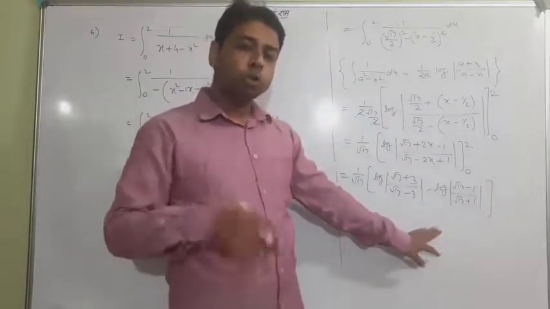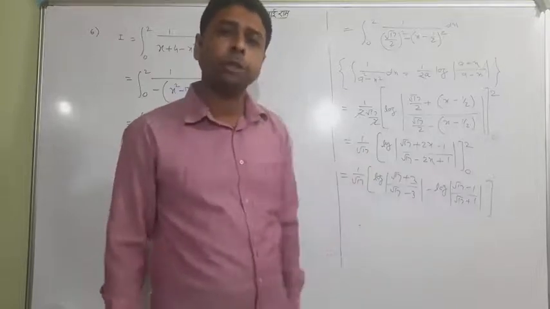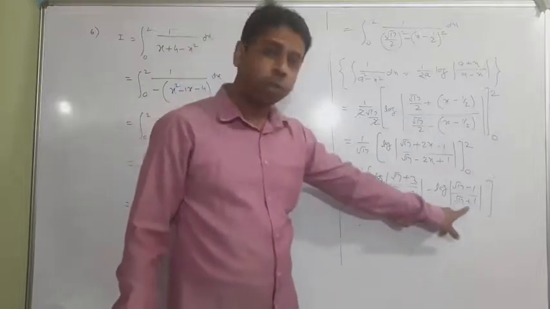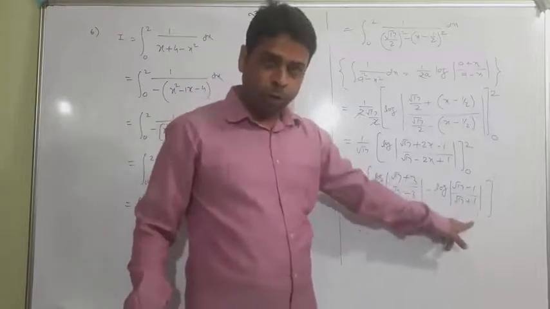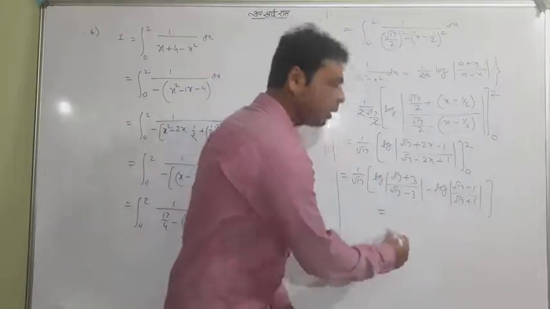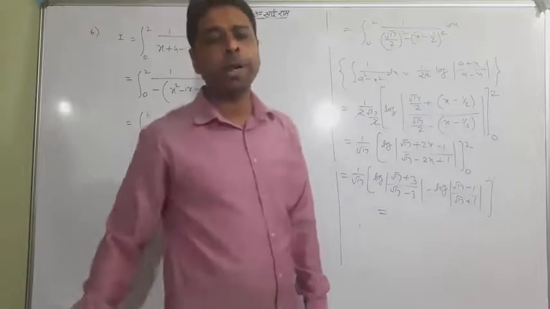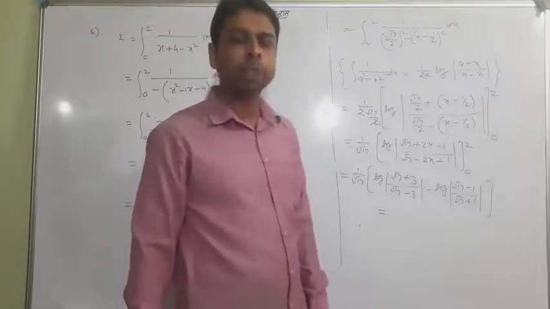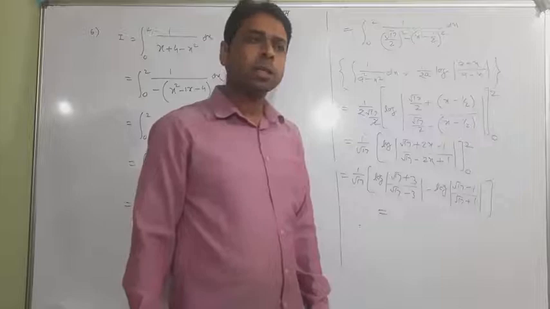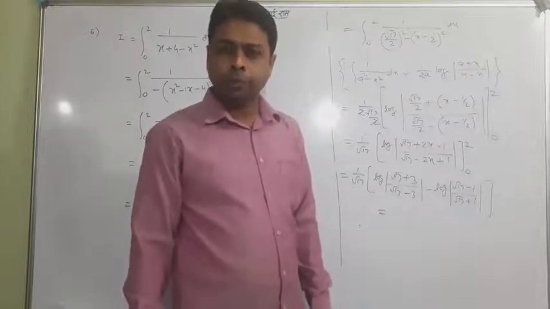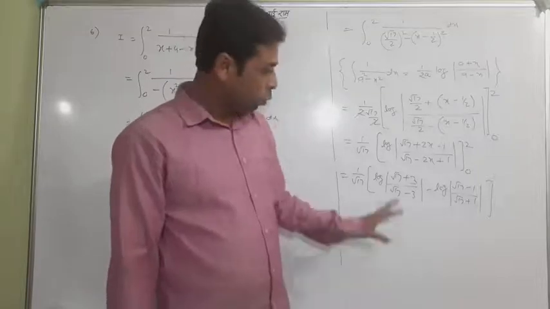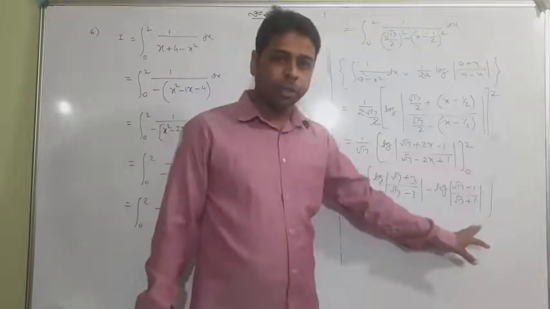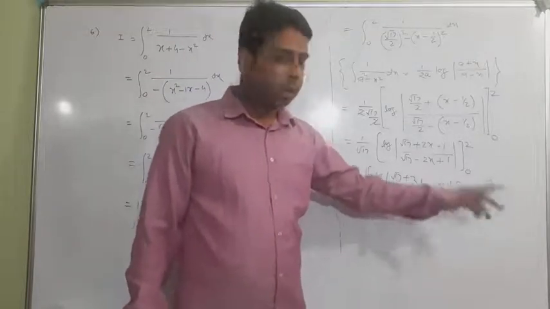And if you want to solve it further, you have lots of options. First, you can rationalize the term. Second, you can use log m minus log n and go on. If you are dropping your answer right here, it can be called a correct answer. I don't want to see behind the book what the answer sheet is saying, because you can't remember it in the exam. You have to think instantly at that time what to do. So I think it is good enough that you are leaving the answer right here. It's fine. Otherwise, you have lots of options.